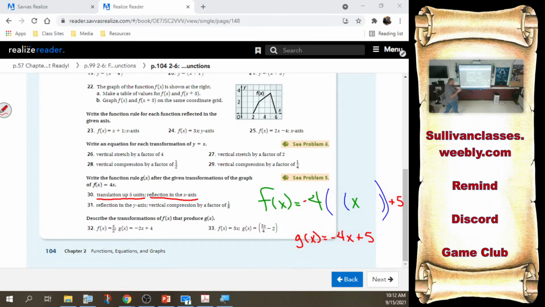So there are multiple ways to get this equation. This is the answer. This is take this equation, do this stuff to it. But I could also say this isn't a translation up 5 units and a reflection over the x-axis of this function. I could say that it was instead